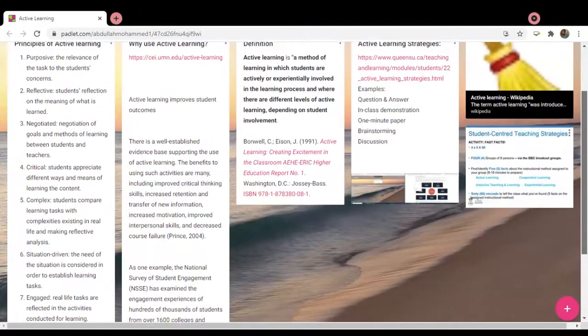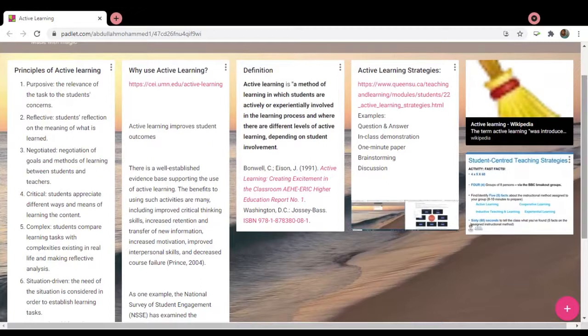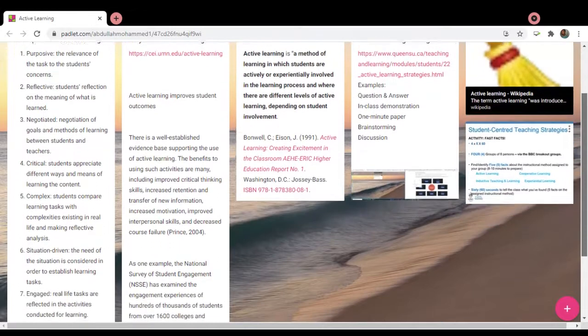Why is it important? Because it improves the outcome, which is the learning and the application of that learning, and it's well established as an effective approach to learning and teaching. The benefits are many, and there are a lot of activities involved with it.